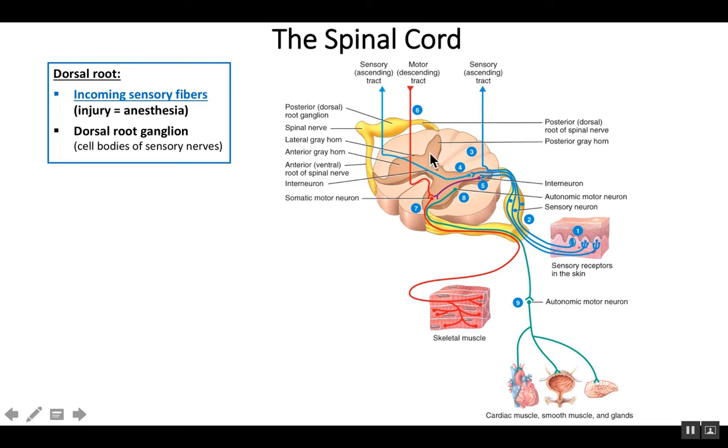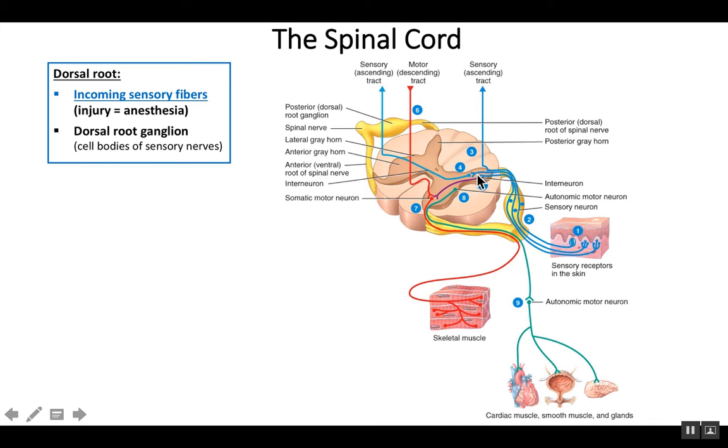So all those blue neurons, which are sensory neurons, are entering via the dorsal root. This is what I would call the on-ramp to the spinal cord. Right? In order to get onto that or into that spinal cord, you use this ramp. You'll notice in a minute that this ramp is the off-ramp. This is how you get out of the spinal cord, the ventral root. If you were to damage a dorsal root or sever that, that would block all these sensory neurons from transmitting